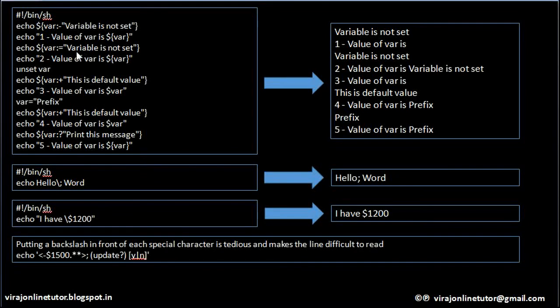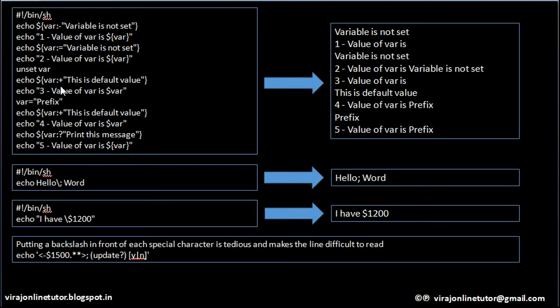Clear? I repeat, what this construct will do is colon followed by equal to, it will assign the value of this string to this variable, and since there is an echo, it will echo this string on the screen. Then in the next line we are printing this line and we are printing the content of variable where. Now as part of this statement, variable where which was unset earlier will get this string, right? So in place of $where it will print this string which is over here. In the next statement I am calling unset followed by where. So the variable where which was assigned this string is unset as part of this line.